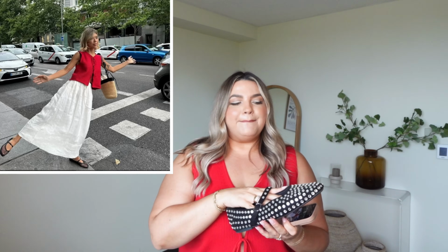But I did have this really cute little pair of flats. They still have that little Mary Jane vibe to them, but I'm not so sure about all the rhinestones. I feel like this is a very summery kind of look, and if these were mesh, it would definitely pull it together a lot better. So that's why it's not necessarily my favorite outfit, and I don't know if I would actually wear this